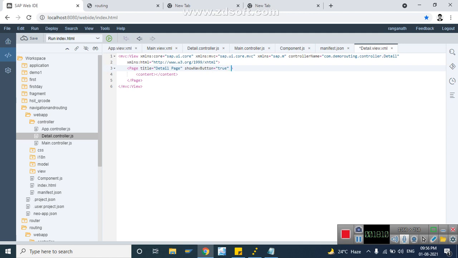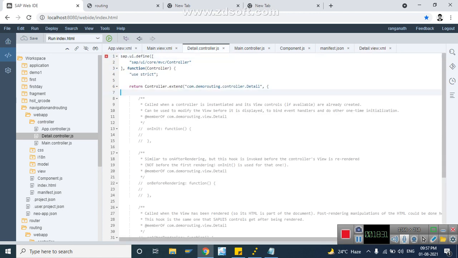And for that back button we have one event, nav button press, meaning when you press that button, which method has to trigger on back. So this is a new method we have defined for nav button press. We will have to implement this nav button press in the detail controller.